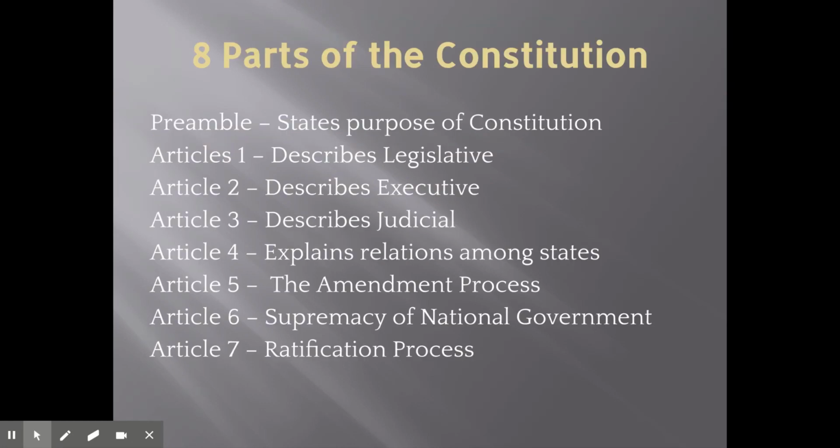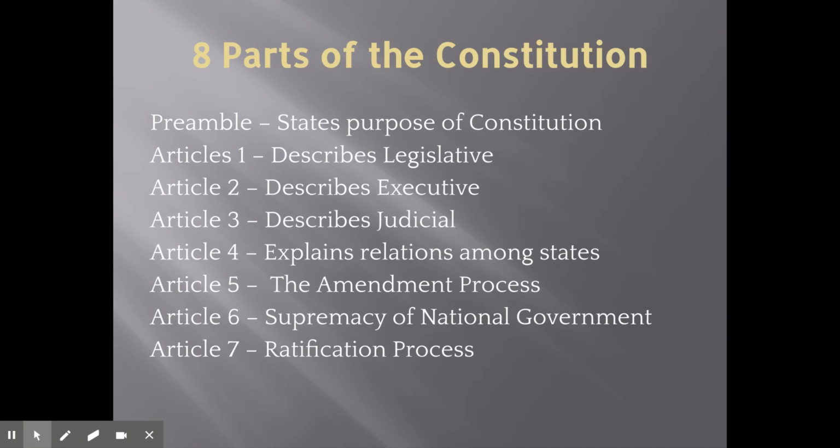So let's just briefly take a look at the 8 parts of the Constitution. This should be a definite review for you from civics and economics. First, you have the preamble. This states the purpose of the Constitution. Maybe you've seen the Schoolhouse Rock video. We, the people, in order to form a more perfect union, establish justice,